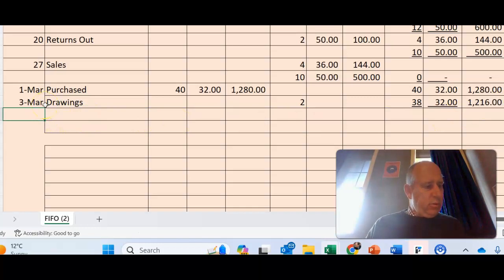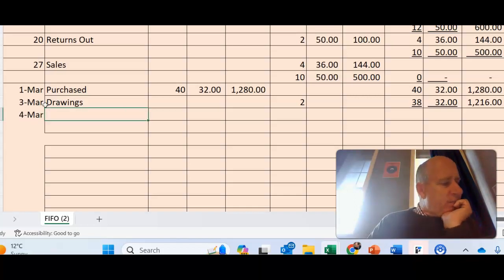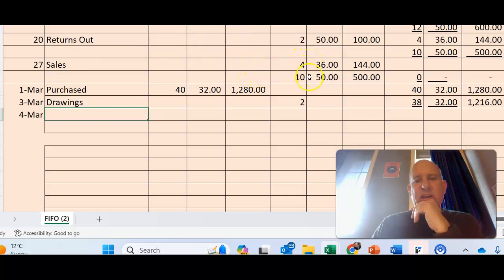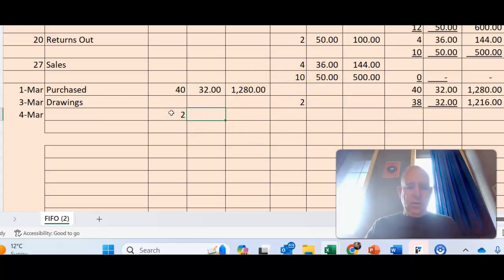On the 4th of the 3rd, 2 suits returned from the sale on the 27th and swapped for a smaller size. So on the 27th, basically it's first in, first out, so last out, first in. So 2 of those $50 ones came back in. So we've got 2, 50, that's 100, and that means we've got 2 at the 50, and we've got 38